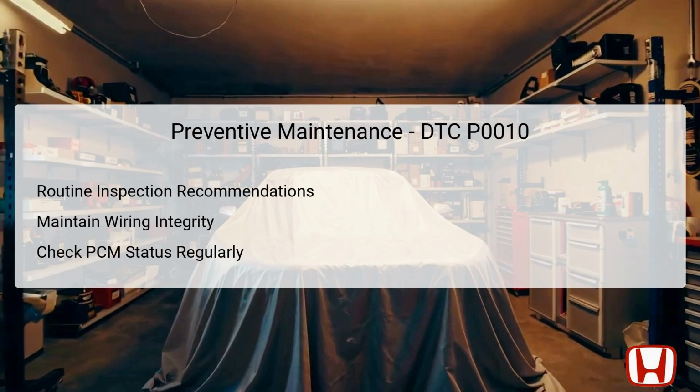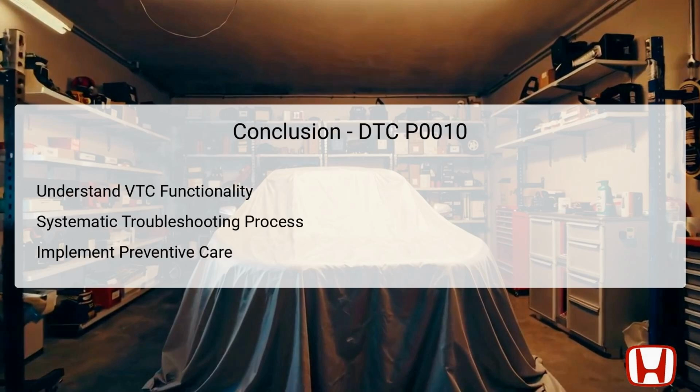Additionally, keeping the PCM software updated and ensuring its electrical connections remain clean can vastly improve system reliability. Practicing these preventive measures can enhance vehicle performance and mitigate the risk of serious engine problems, allowing owners to prolong their Honda Accord's lifespan. In conclusion, understanding the intricacies of the VTC system and how the VTC oil control solenoid